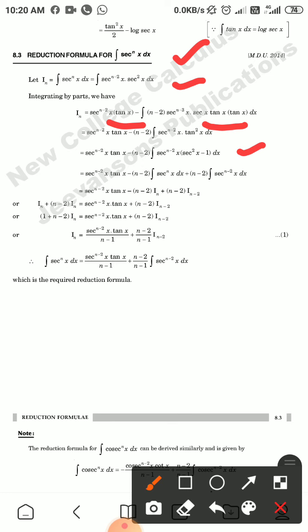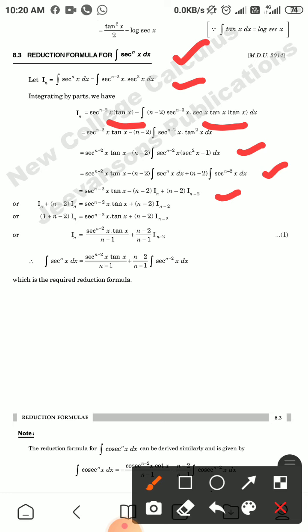Now multiplying the terms and distributing the integration, the first term stays as it is, and the second term becomes minus (n minus 2) I_n plus (n minus 2) I_{n minus 2}, because there are similar types of integrals. Now taking the second term to the left-hand side and the second term to the right-hand side,